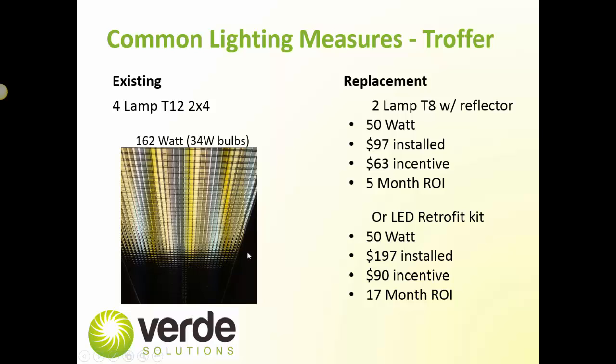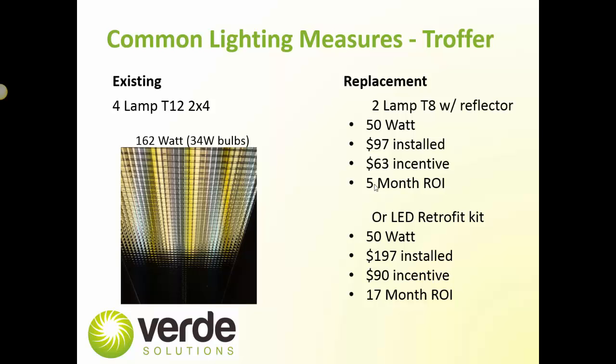And so you can have the same output with only 2 lamps as you do with 4. And so that's 50 watts compared to the 162 watts. And here's just some incentives from the local ComEd small business program. So it would be $97 installed, $63 incentive, and you have a 5-month return on your investment. Everything is warranted for 3 to 5 years on that, so you get an idea of the savings that could